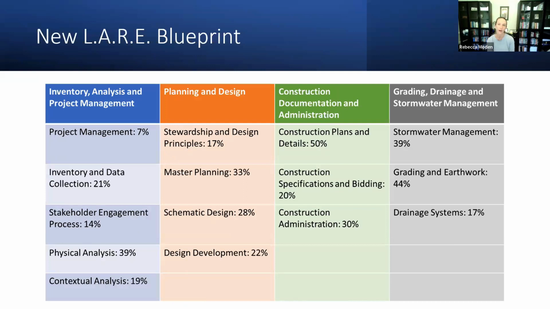Depending on how often practice evolves is how often they do what's called a job task analysis. So for landscape architecture, the evolution of practice is fairly slow, and so we do it every 5 to 7 years. We conducted the job task analysis over the course of 21, 22, and we announced this transition in August of 22. What this does is it realigns and makes sure that we're testing on current practice.